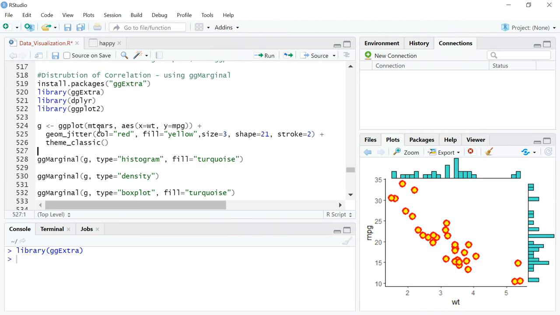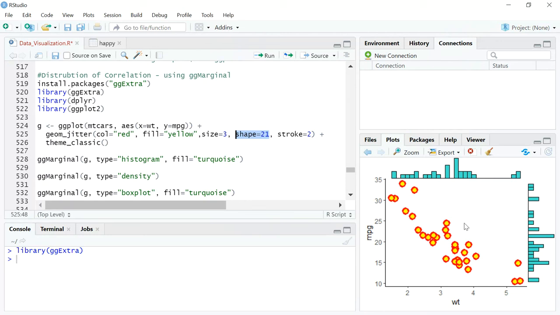Now, what am I doing with the rest of the plot? I can use geom point, or I can use geom jitter, and just so that I get the right shape and size, and we have seen this in the previous video, right? We're just going to have the border color as red. You're going to fill it with yellow. You can play around with these colors as you like. You can keep size equal to 3 and shape equal to 21.